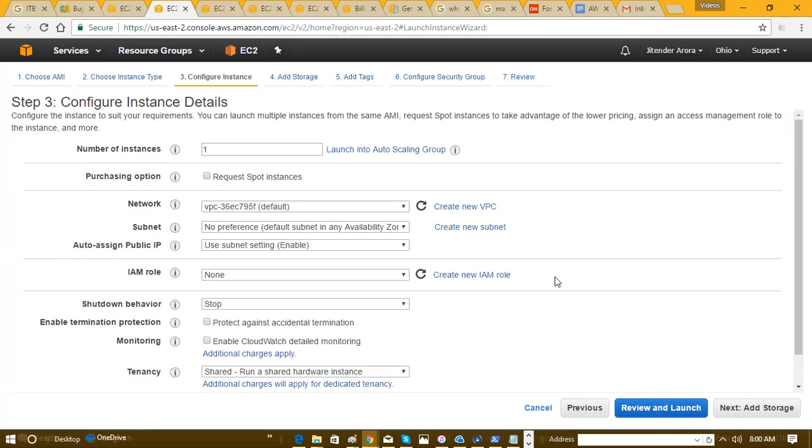Either way. All right, so this is step 3, and like you see, it says configure instance details, and these are all the details we can set up. The first one here is the number of instances. This is a